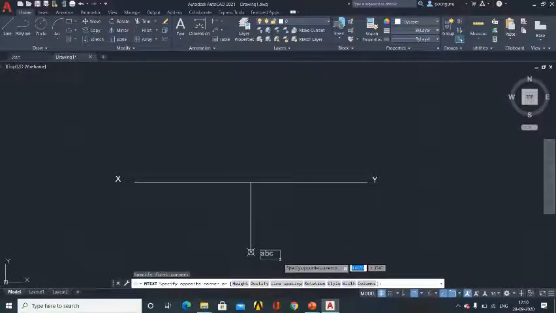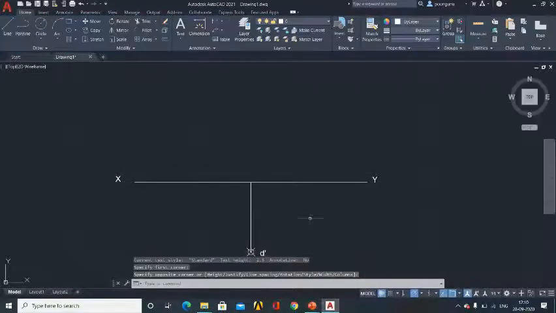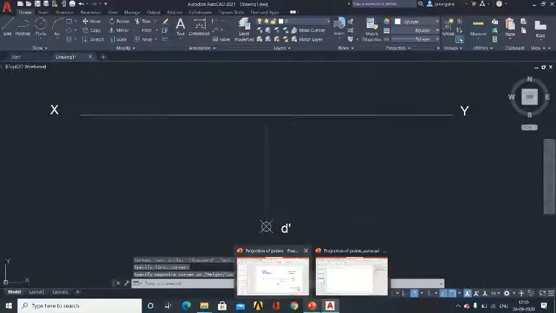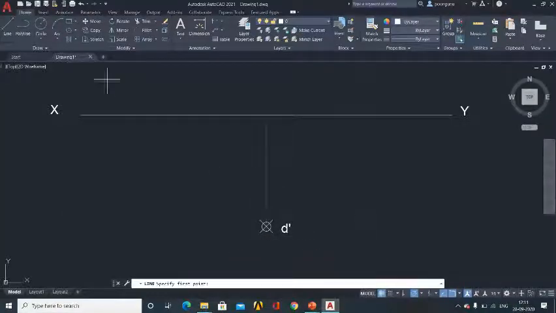So you draw the text box and then you type D dash. So now I have drawn the front view of point D in the fourth quadrant. So next I need to draw a 40 mm line. You need to place the point D. So go to line, select the starting point, make sure this is vertical, 40.